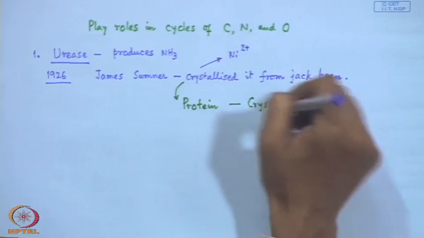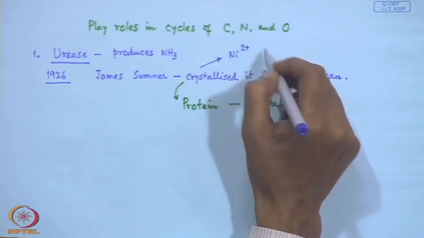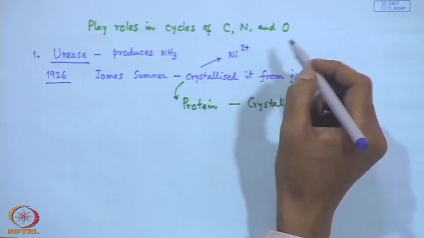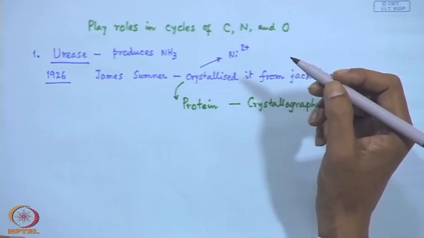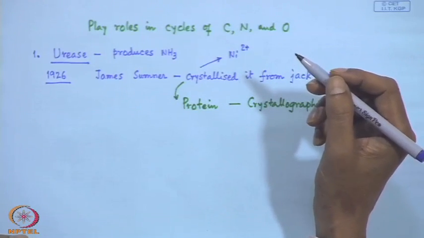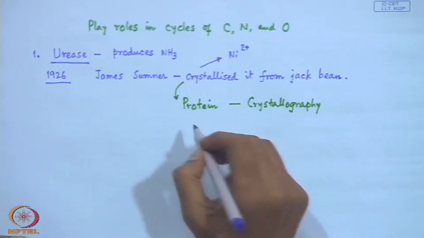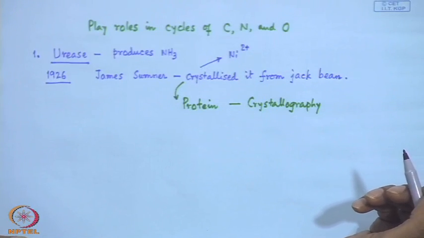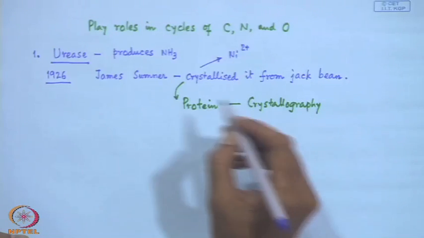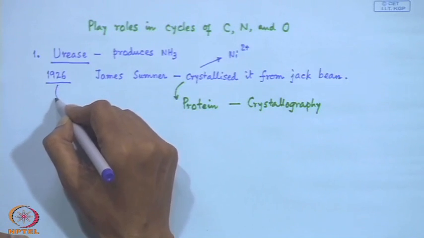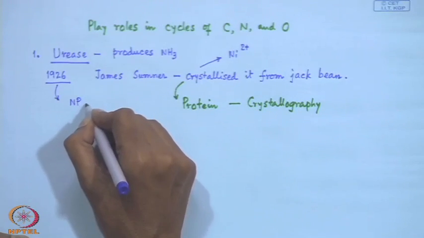Sometimes the apoenzyme, that means without the metal center, is very difficult to crystallize. So, all the metal enzymes and metalloproteins are easy to crystallize at some point. The nickel bearing thing can be easily crystallized, and it basically gives something for which we can go for the corresponding crystallographic pattern. That basically earned him the Nobel Prize